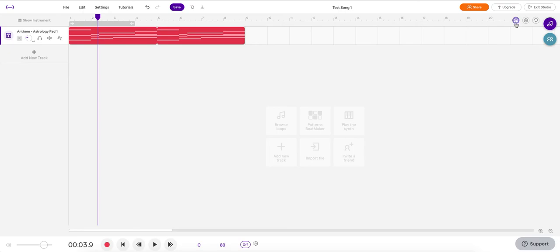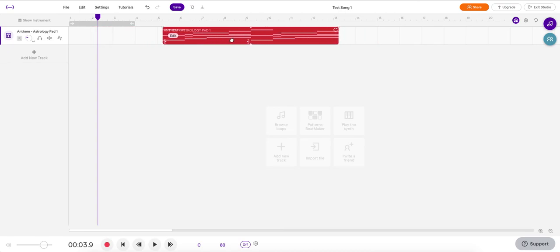This button right here looks like a rainbow, but it's actually a magnet. If it's on, whatever you're dragging has to line up with one of these lines. It won't allow you to put it in the middle of one of those lines. But if you click it off, you can then move it wherever you want and stop it. So the magnet kind of magnetizes it to a certain line